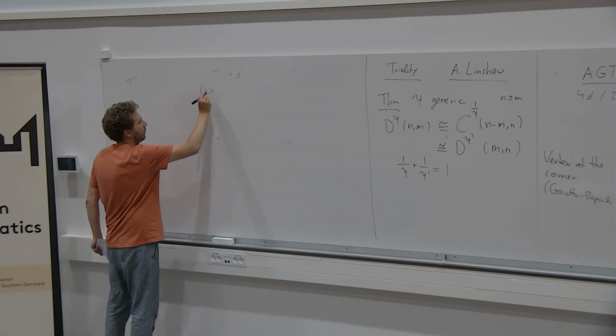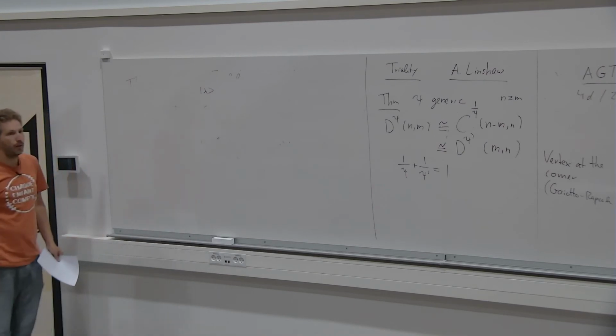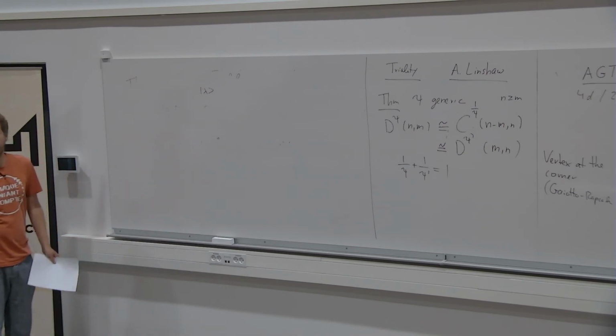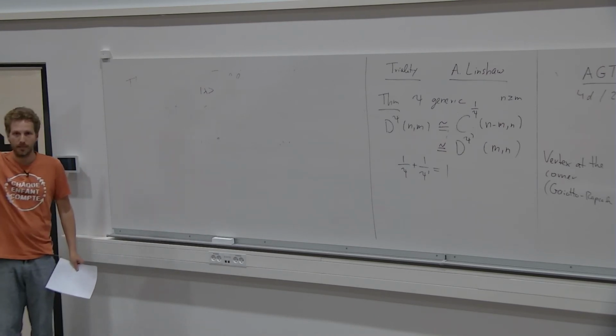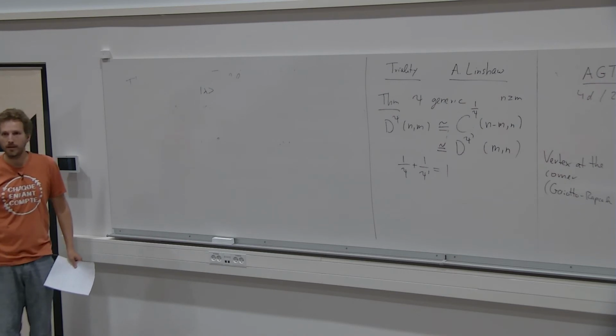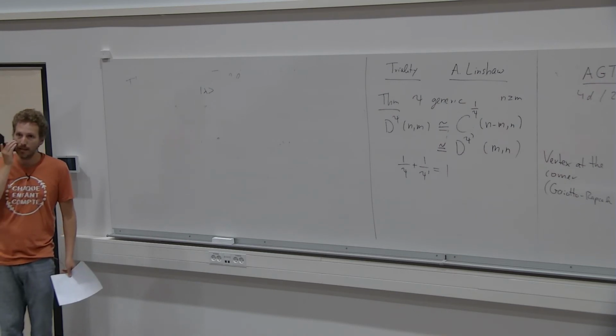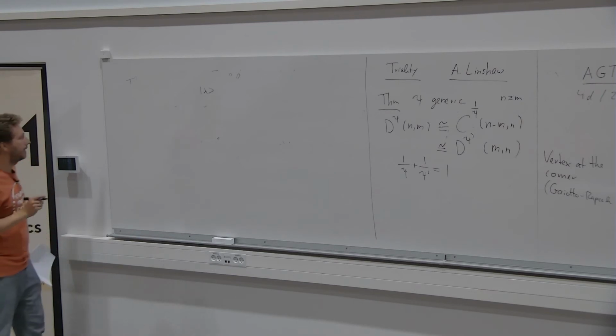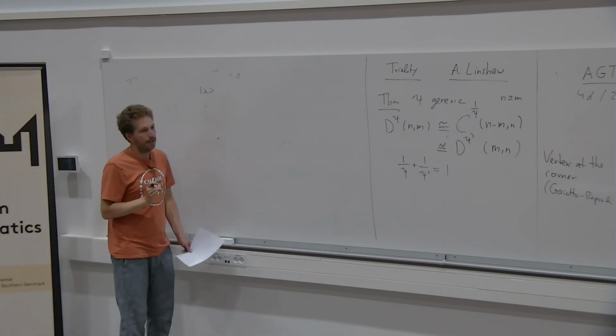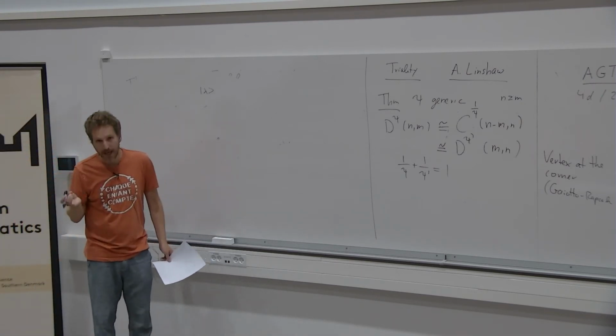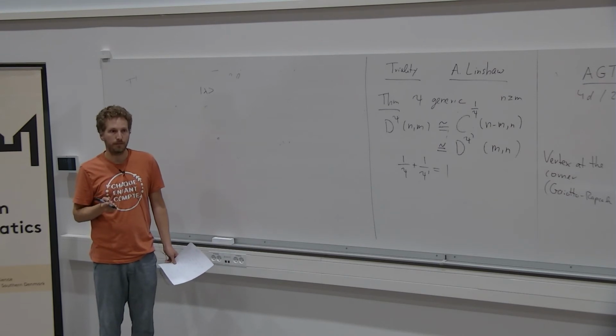Remember, for example, for the Heisenberg VOA, we wrote down this ket lambda, and it had the property that it was annihilated by all positive modes. The zero mode acted as our weight, and the negative modes act freely. Here, a Whittaker vector is an eigenvector for the positive modes.